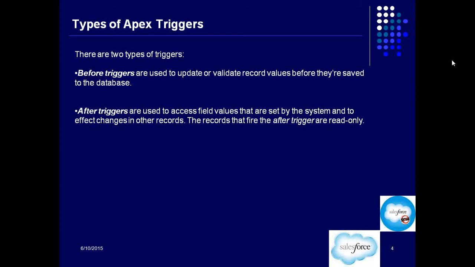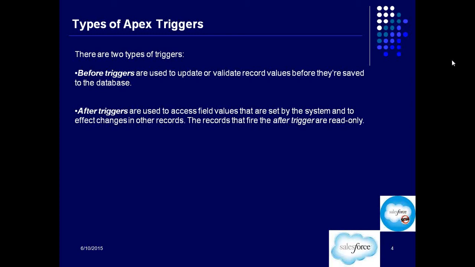Got it? For example, if I have to give you a simple example for after trigger, let's say you just want to do a logic that when a lead is created, send an email. So that send an email part, if you write that using Apex, should be done after the lead is created, right? It should not be done before the lead is created. So after the lead is created, then the email should be sent, right? So that's the after trigger thing.